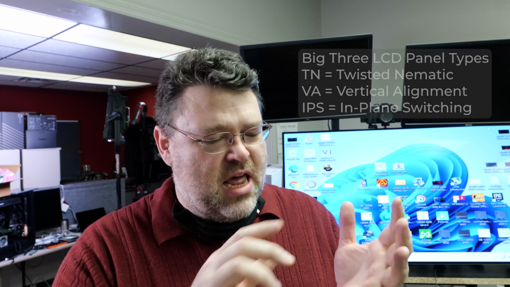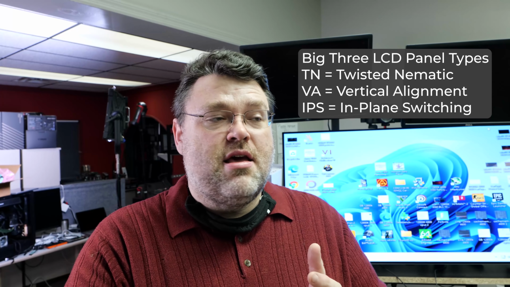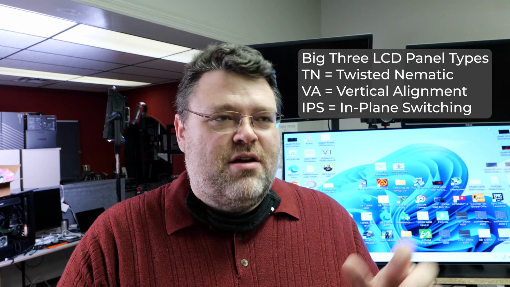Now, just a quick note on panel types. When we're talking about this, there is something to be considered for panel types. I mean, TN, VA, IPS, PVA, if you really want to squint your eyes, OLED, quantum dot LED. There's some other more exotic panel types, micro LED, although those can be a little weird. Color accuracy and color reproduction are also important, but the stuff that I'm talking about today doesn't really take that into consideration.